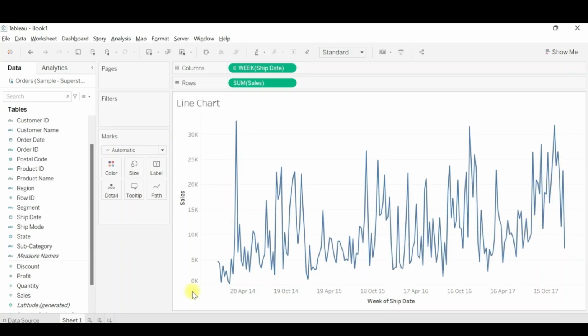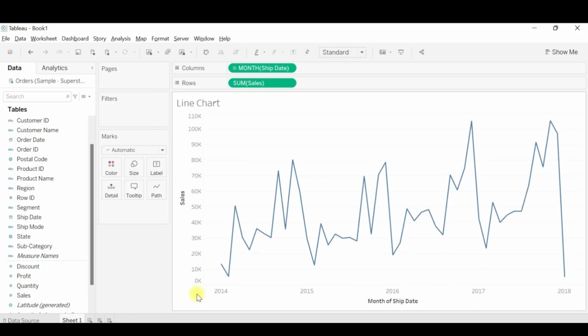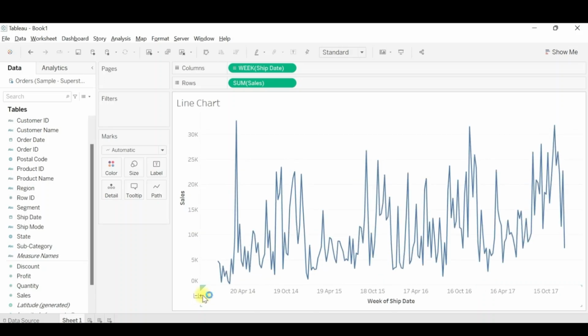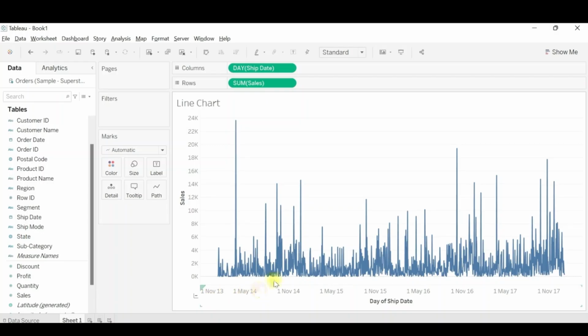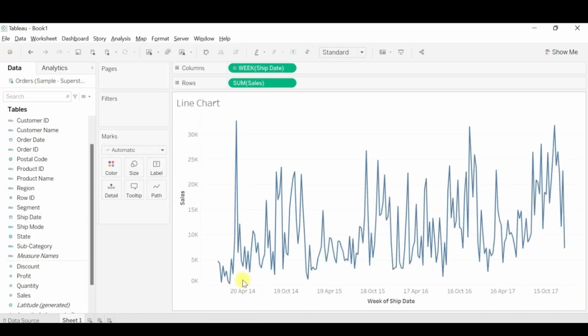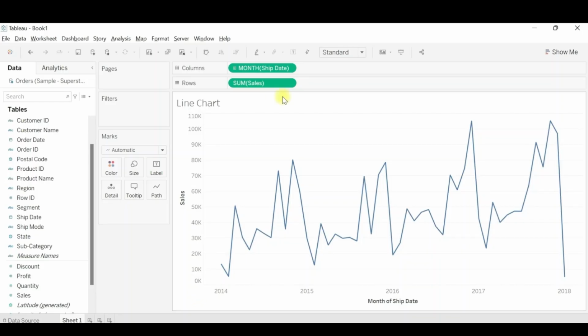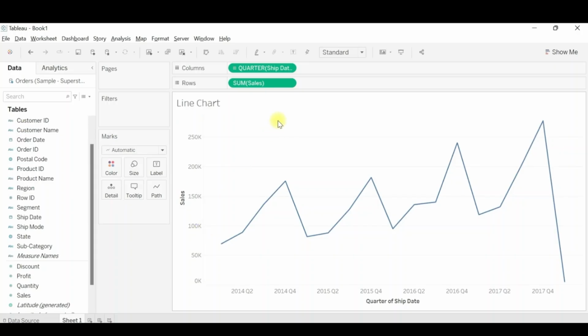So this is another way we can drill down the charts. Even if you click on minus, it will go to a higher level. If you click on plus, it will go to a lower level. So this is how the manipulation of data is being done. And also you see that when we click on plus and minus, the columns are also changing. Now if I click on minus, it will go to week wise data. If I click minus again, it goes to month wise data. And if I again click on minus, it will go to quarterly data and so on. Thus, this is one of the ways to create the line chart and manipulate it.